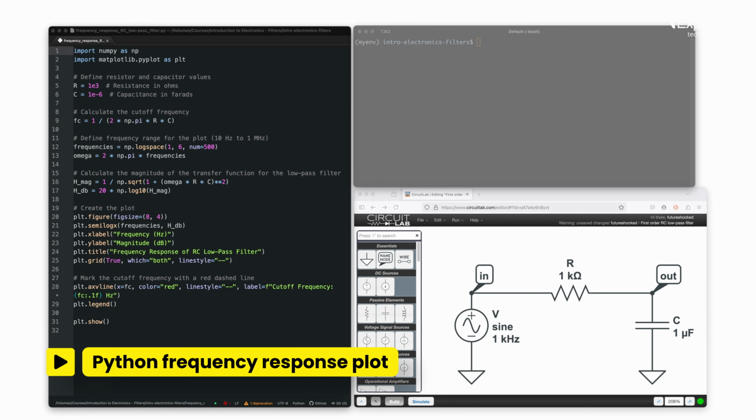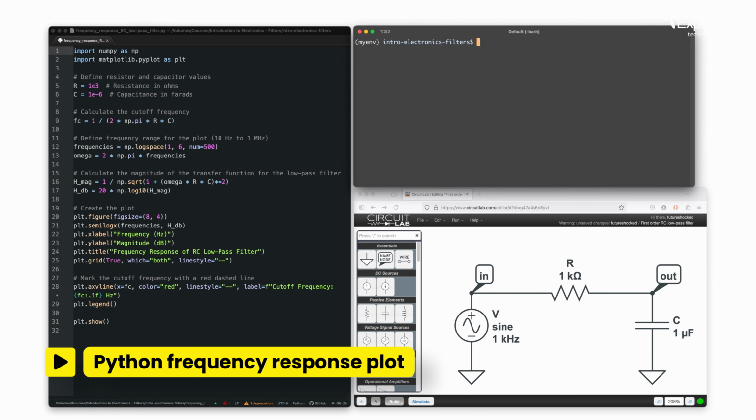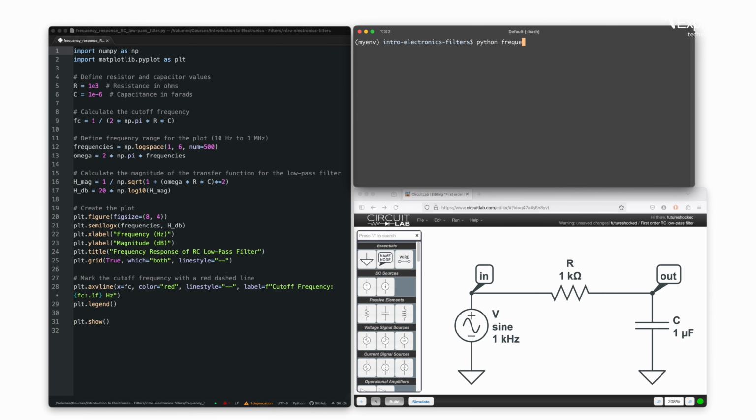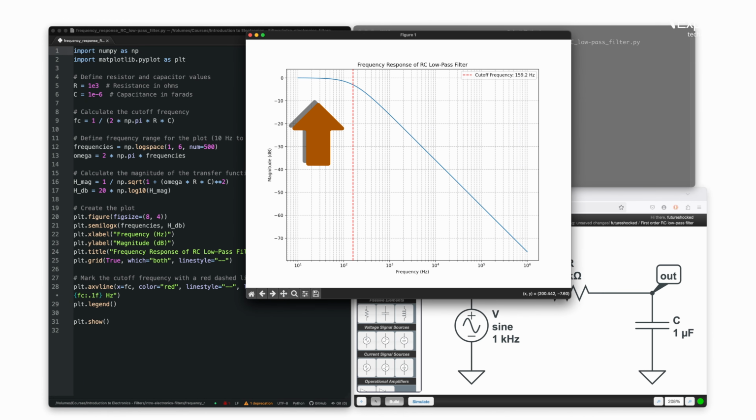Here is a Python script that generates a plot of the filter's frequency response. The plot illustrates the signal attenuation in decibels as a function of frequency that highlights the gradual roll-off characteristic of the RC low-pass filter. When you execute this code, it produces a plot that shows that the filter maintains a flat response at low frequencies and then begins to attenuate the signal progressively above the cutoff frequency. The red vertical line marks the cutoff frequency, which is also calculated by the script. Using this code, you can experiment with various values for R and C to see how they affect the frequency